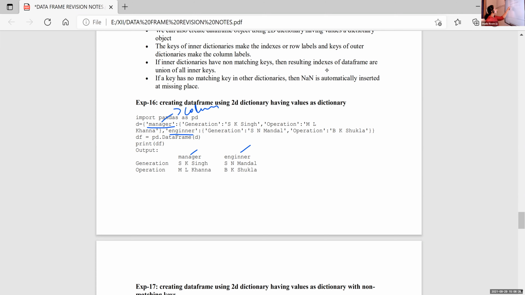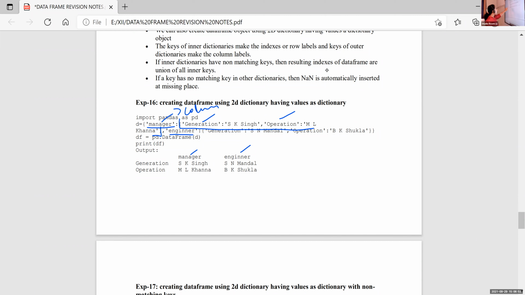From this dictionary, we are taking the row name, that is from this value section. From this value section, generation is the row name and operation is another row name. Actually the key is for the column heading, but here we are using a nested dictionary.